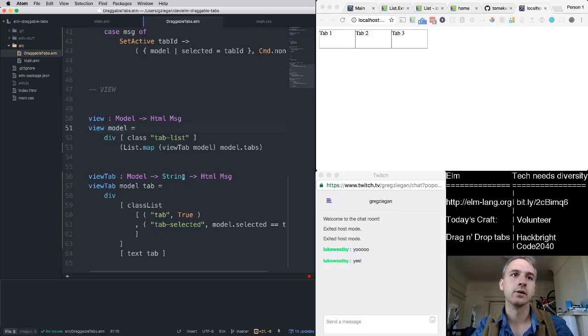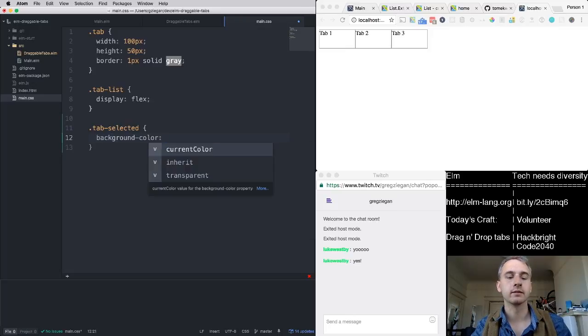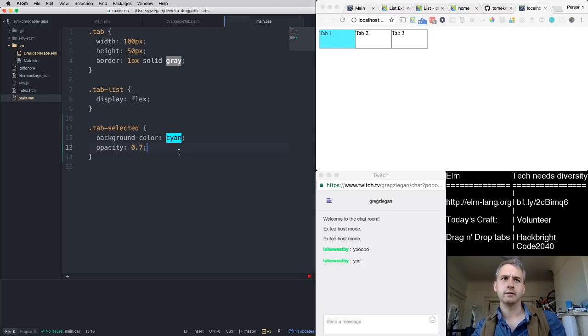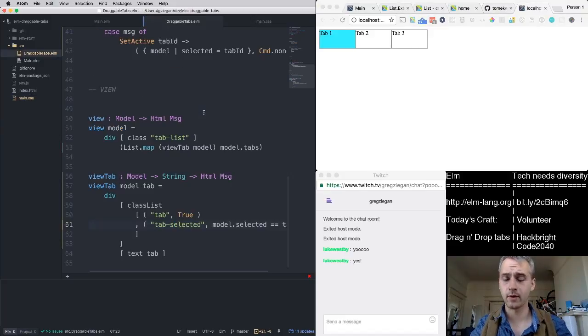Cool. And so right now, we don't have tab selected defined, so let's do that. Tab selected, and we'll just do background color, we'll do cyan. And we'll do opacity like, I don't know, something so it's not so crazy. Maybe 0.3. Maybe just not opacity. Let's just leave it as cyan. Okay, so now we can see that tab 1 is selected, but we probably want to make it so that